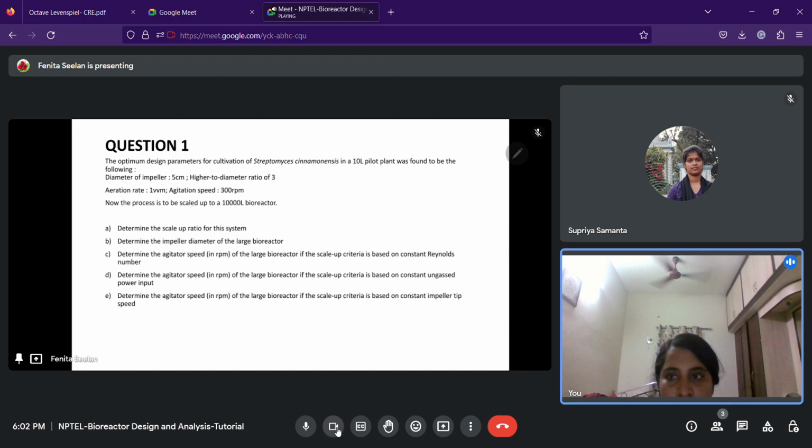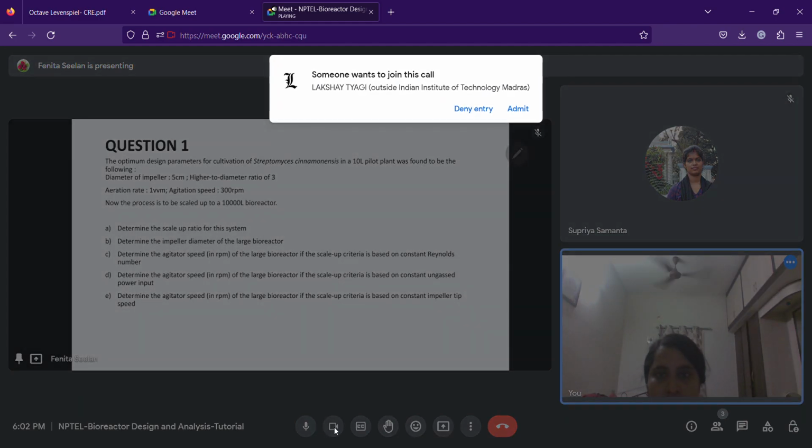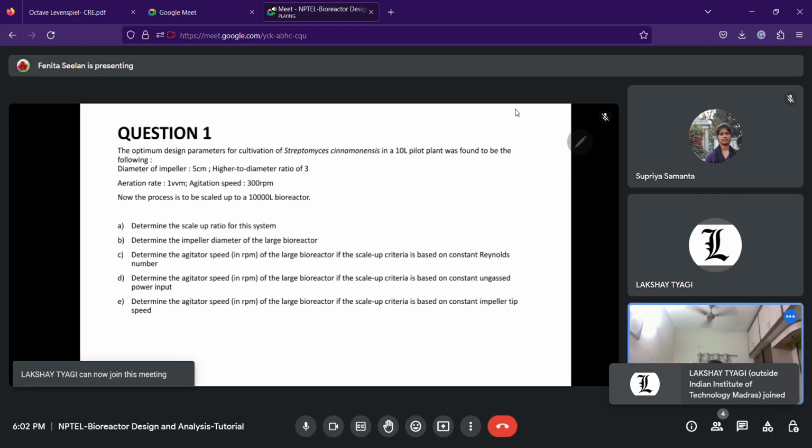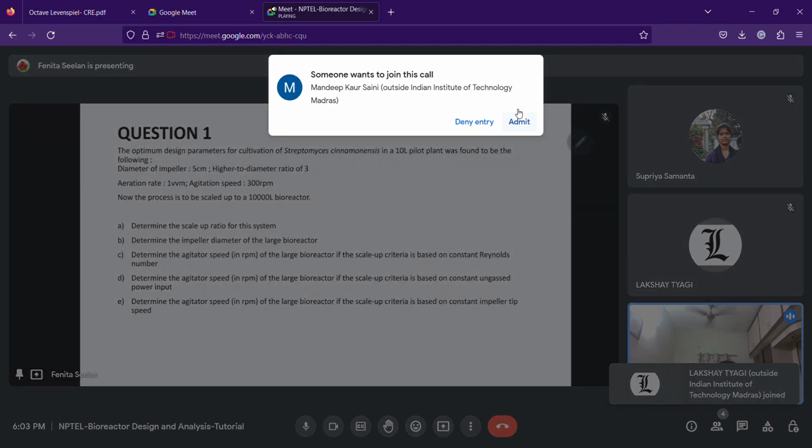So let's start solving the problem. Question number 1 is related to the scale-up problem. The optimum design parameters for cultivation of Saccharomyces filamentosus in a 10-liter pilot plant were found to be the following: the diameter of the impeller, Di, is 5 centimeter,